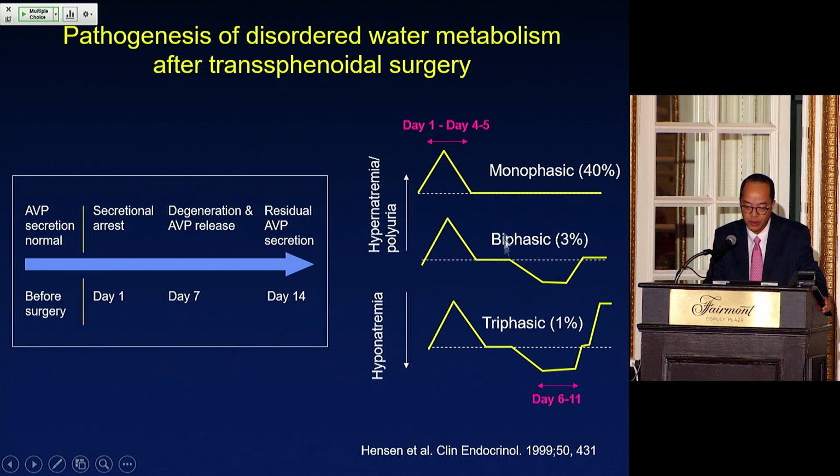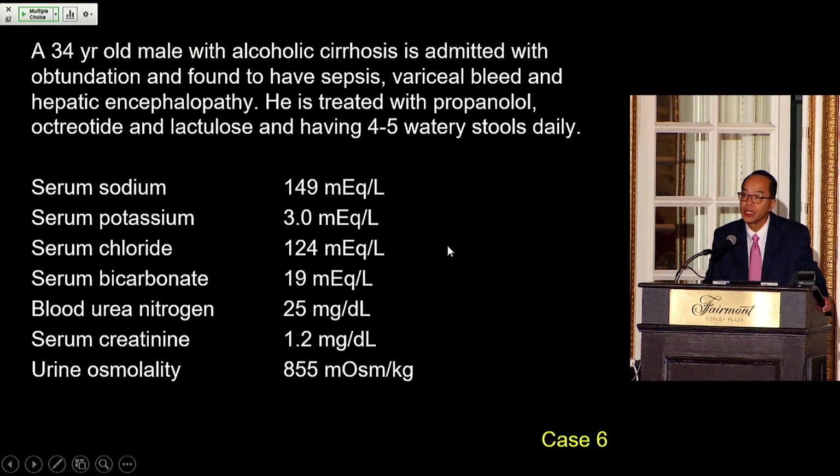In the second, which is what this patient had, you have a biphasic response that includes a period that starts about a week later, where the patient essentially has transient SIADH. And then the triphasic response, they end up ultimately with permanent DI. So this is the phase that this patient was in, and that was the reason for the hyponatremia. And it gets treated the same way you would treat a patient with SIADH, but being aware that it's transient.